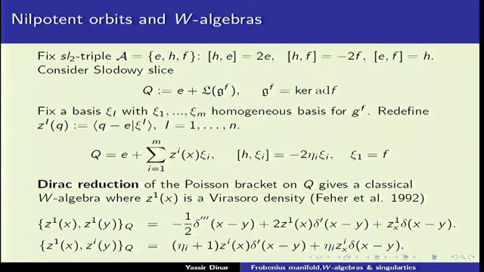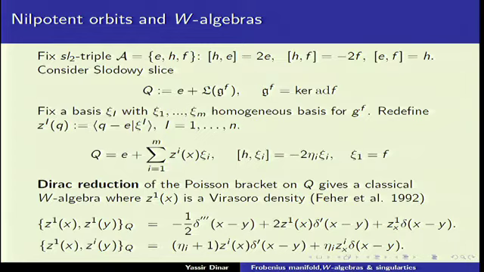And so for any nilpotent element in the Lie algebra, you construct SL2 triples. That means you have E, H, and F, which satisfy the standard SL2 triple relations. And you construct this Slodowy slice. This Slodowy slice is an affine space which is constructed by the stabilizers of the nilpotent element F. And it has very deep theoretical origins, because if you take the action of the